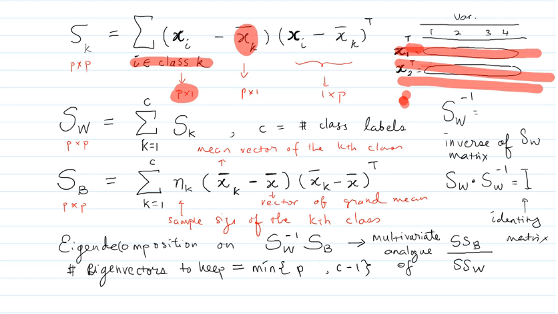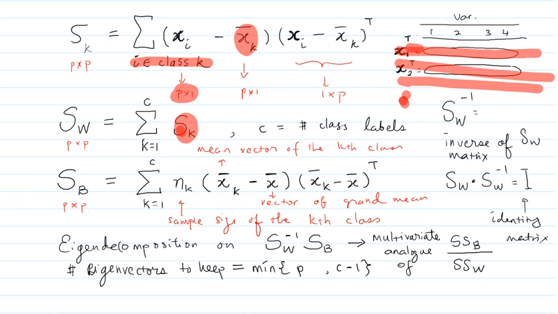Then you add them together. This will produce a matrix of dimension p times p. And then SW is your analog of the sum square within, which is basically you just add up all the SKs from 1 to C, which is the number